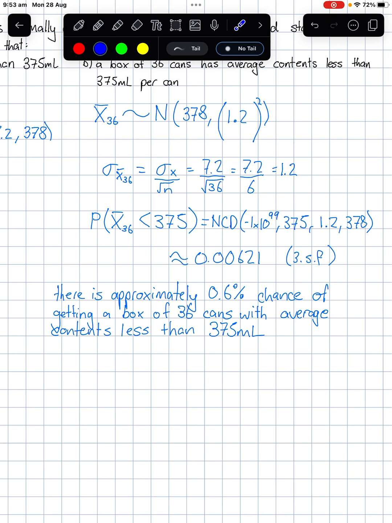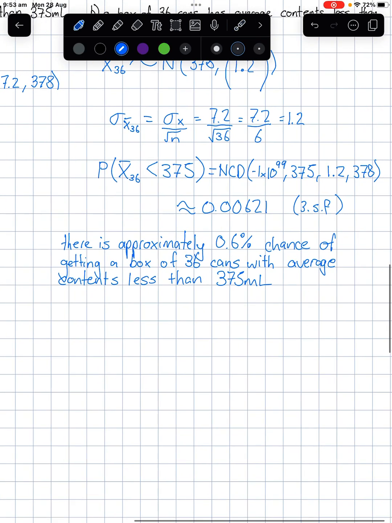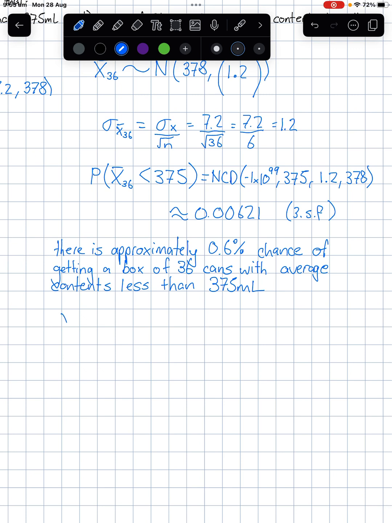If we add these all up, you can turn this off now if you're done. We're done the problem. But you've got to remember that this xn here is like adding all those values up. So we're adding all these values up, and you're technically adding up 36 distributions here, and then dividing them. And it's interesting because even though there's a third of a chance that we get a can that is below that, when we add these all up, these distributions, the way they balance each other out,